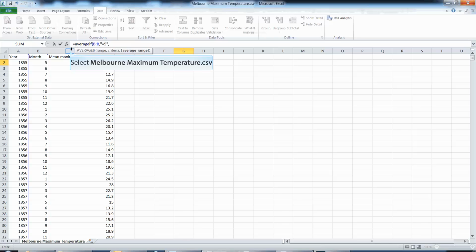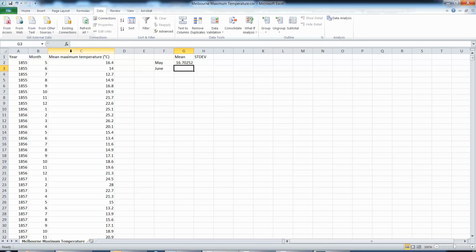Comma, column C. So we're asking Excel, please find the average of values that correspond to there being a 5 in column B, and average the value that's found in column C. Press enter and there we go. Straight away Excel has given us the average maximum temperature in May across all years that records have been taken. Now we can do the same very quickly for June or month 6, average if,